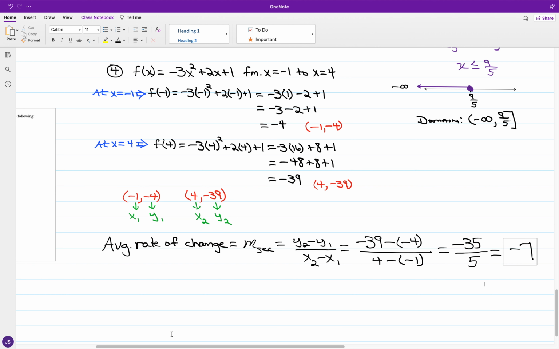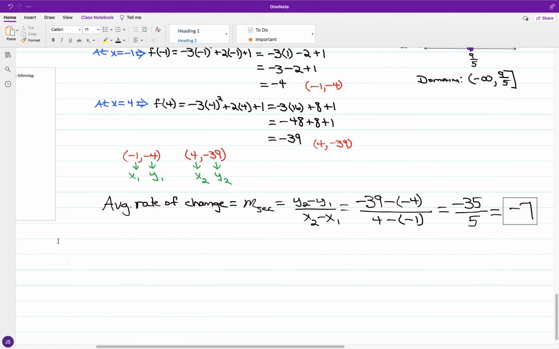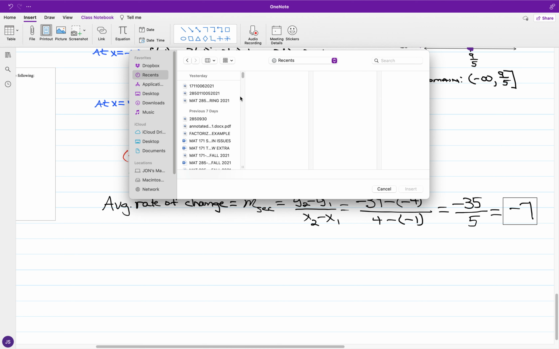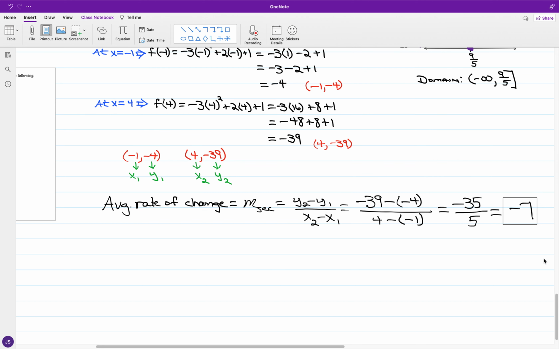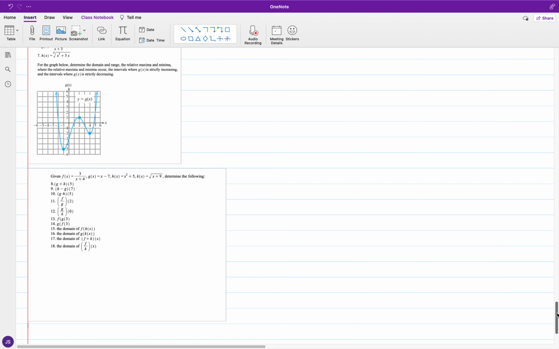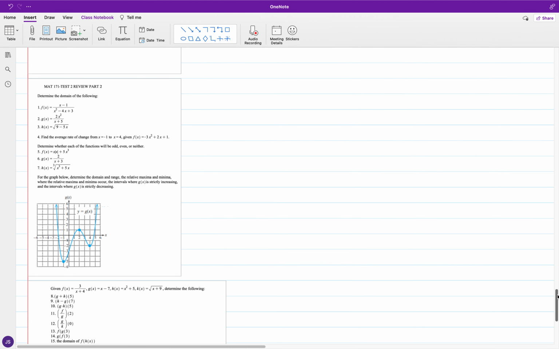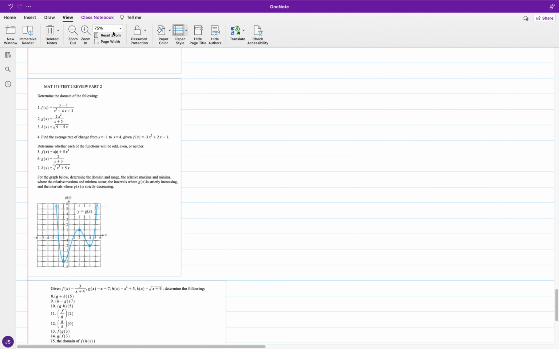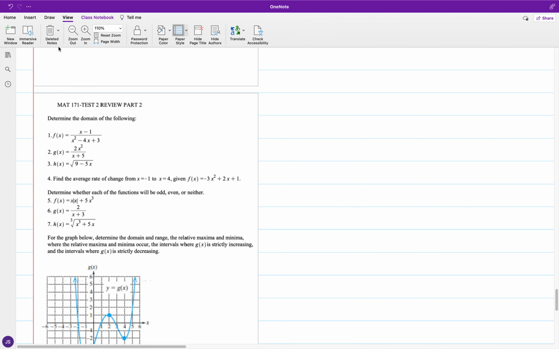Okay. Now, we're still working with functions, and we have the fifth problem. For this particular group, we're looking at determining whether the function is going to be odd, even, or neither. Okay, so for number 5,